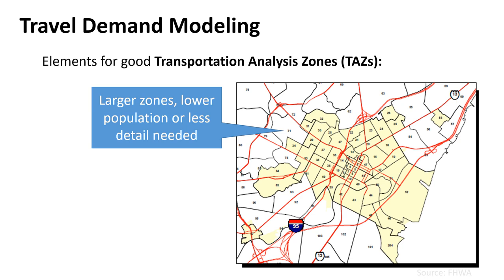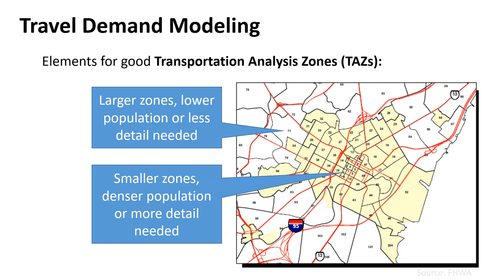So again, we'll use these larger zones where we have a lower population or less detail needed. There's not any major roads passing through 71 out here, so we can make this a bigger zone. It's a little bit odd shaped, but the centroid is going to be here. It's not too far from any of the outer boundaries of that zone itself. And then we use these smaller zones